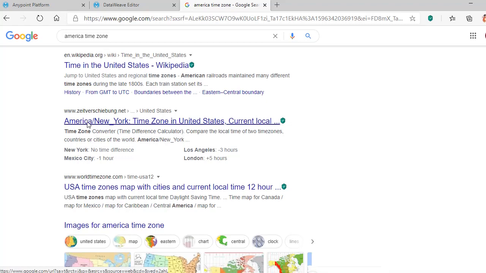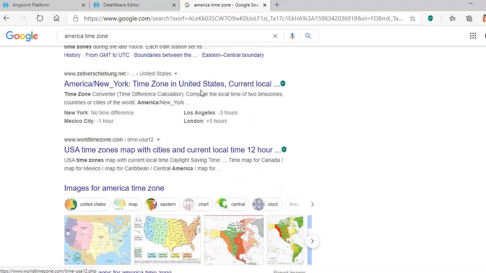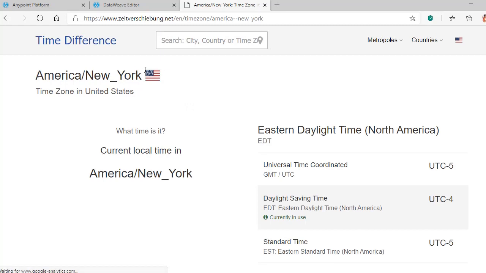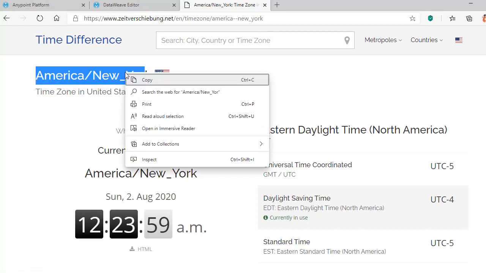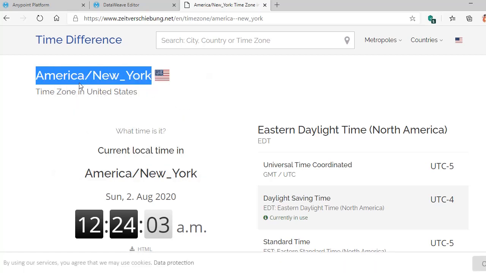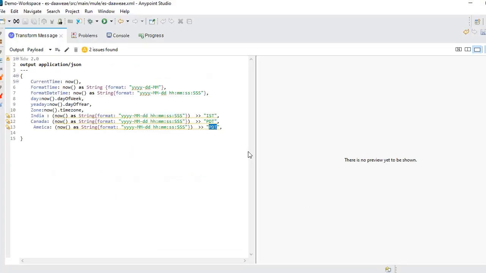So you can use that same America slash New York. Just copy this and paste it here.